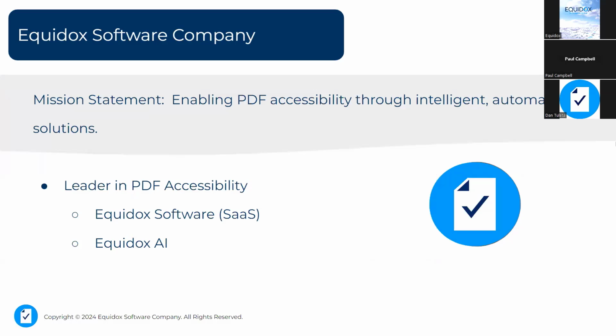So a little bit about Equidox, and we've been around in existence for nearly a decade. Way back when, a Canadian citizen was trying to apply for a government job posting on the internet, but she was unfortunately unable to do so because of her visual disability. She sued the government and won her case. The government sought out a solution at that point, but they couldn't find one. So they asked the marketplace to respond. And that's hence why we as Equidox started to build a solution, and we really haven't stopped innovating since.